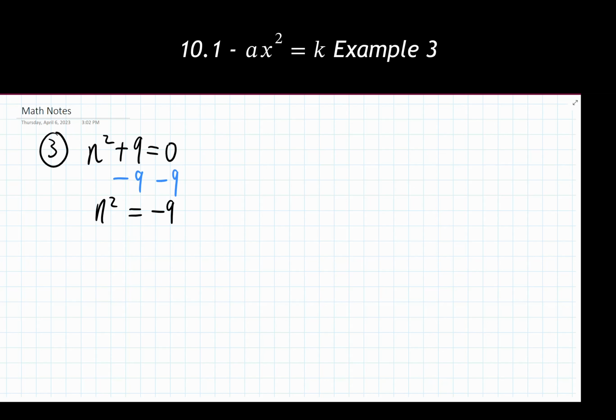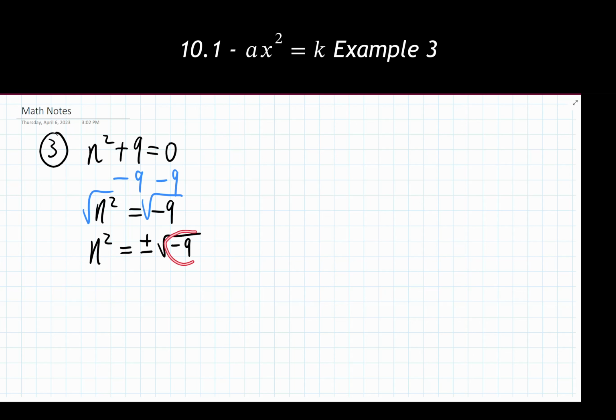It's at this point that I would start taking the coefficient and get rid of that, but it already has a coefficient of 1 sitting here in front, that little invisible 1. So I don't need to do anything with that, and I can go right to my third step, applying the actual square root property. So I'm taking the square root of both sides. On the left side, I'm getting n. On the right side, I'm getting positive and negative square root of negative 9.